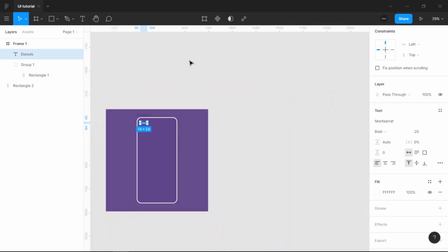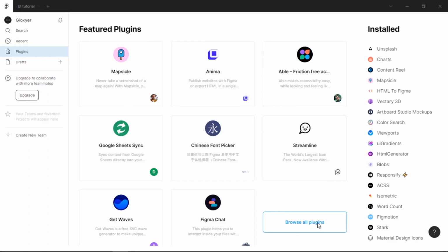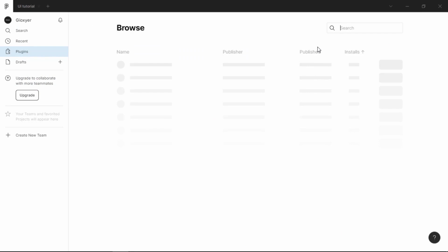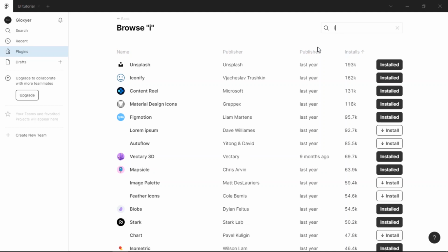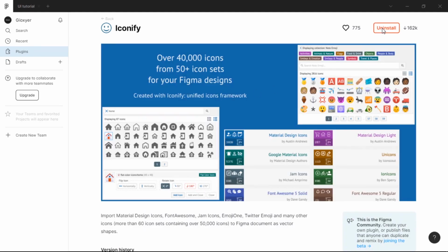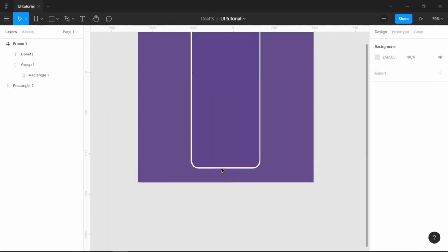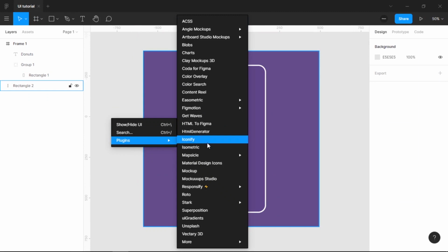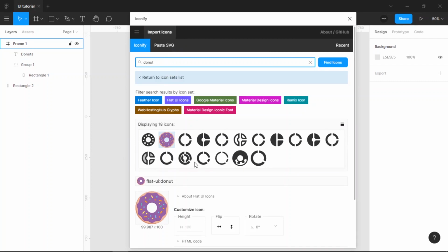And then we just start by pressing here the F, and we go to plugin, browser or plugin, and then after we wait the loading, we put Iconify here, and we install. I already installed, and then we go to this tab, and then we put Iconify, and then we search for donut and use this one, import icon,